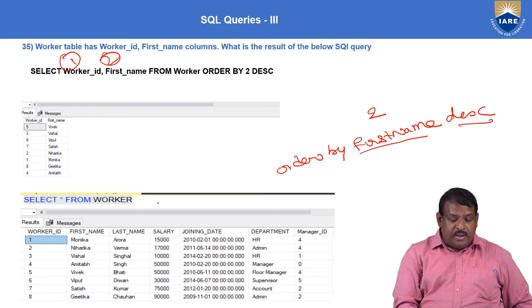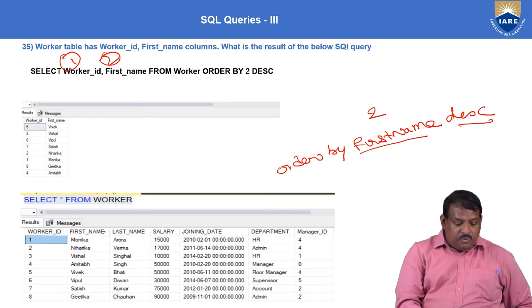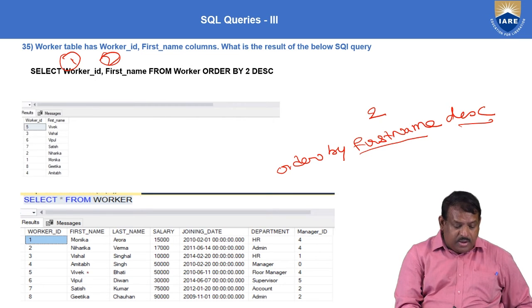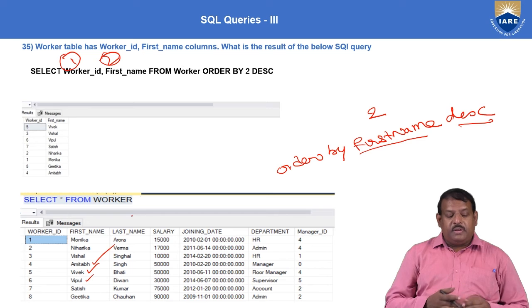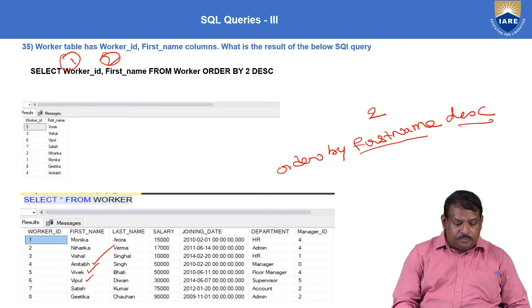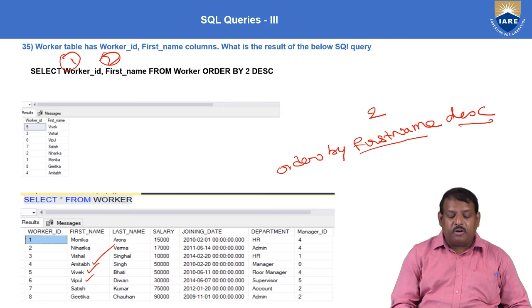Now you see the data here, order by first name. This is your actual data. Now we are sorting by first name descending. So first we are going to get Vivek, Vipul, and the last will be Amitabh, because we are sorting it in the descending format.